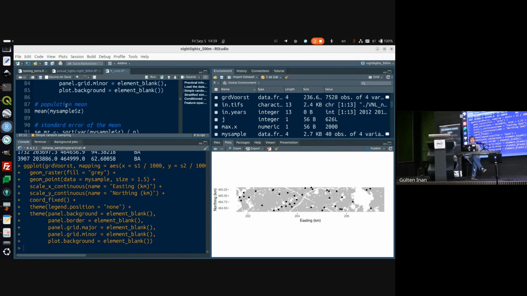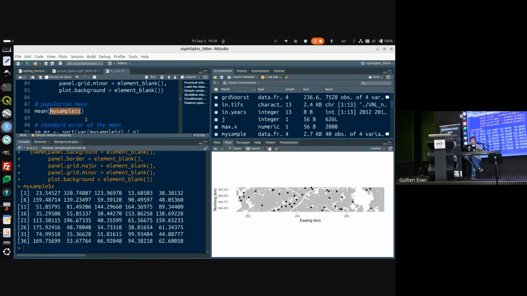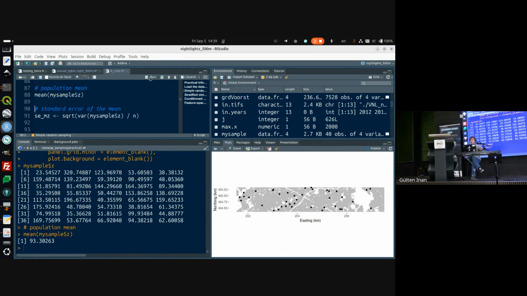How do we estimate the population parameters here from a simple random sampling? Well, for the mean, it's very simple. Just take the mean of the sample data. Here, the sample data is my sample, the property of interest is Z, and we have 40 observations. We can simply take the mean. So the population mean is simply the mean of the observations if you use a